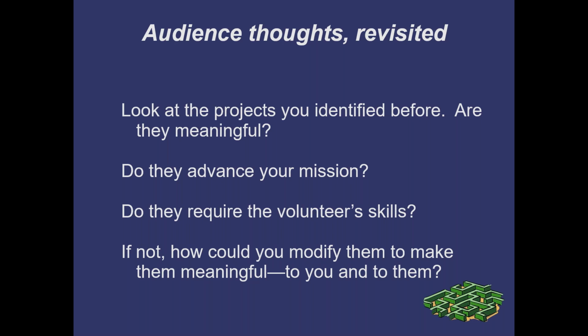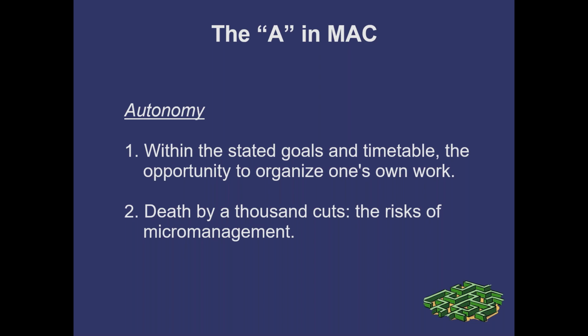And that's the kind of thought that needs to go into creating the M in Big Mac, which is meaningful work. The A in the Big Mac is autonomy. And this goes back to my idea that probably the best thing you can do is assemble teams of volunteers, even if teams are only 2 people,